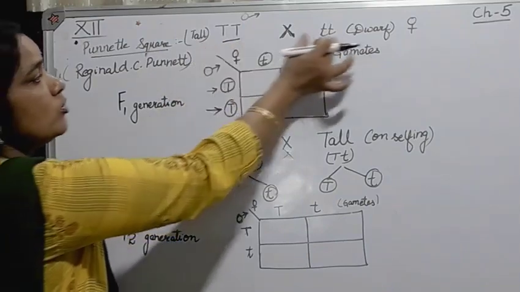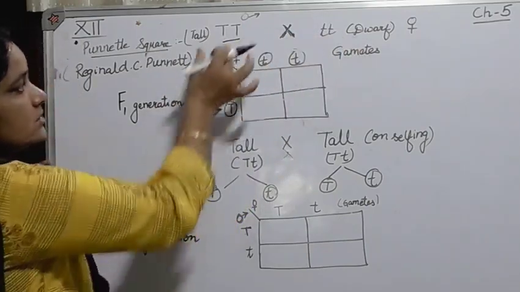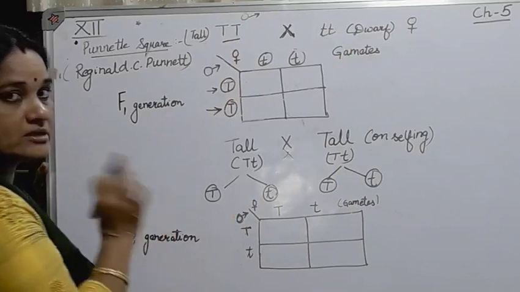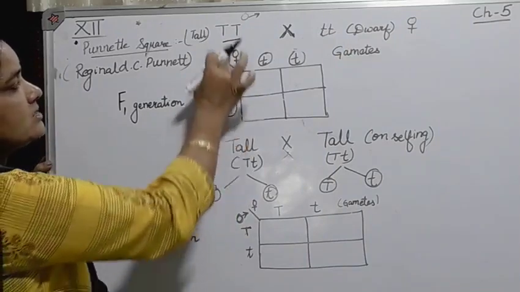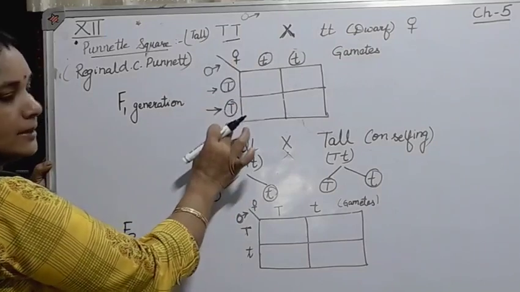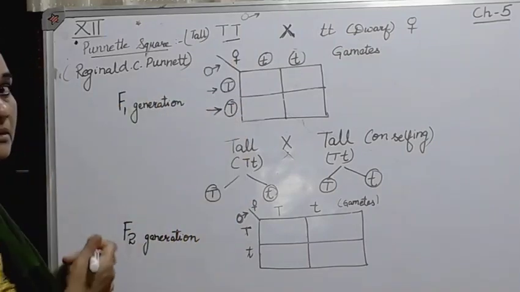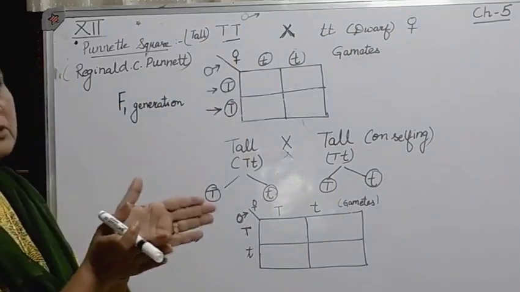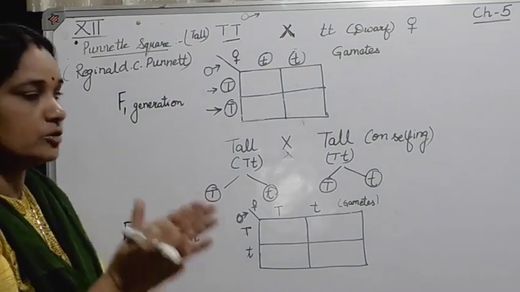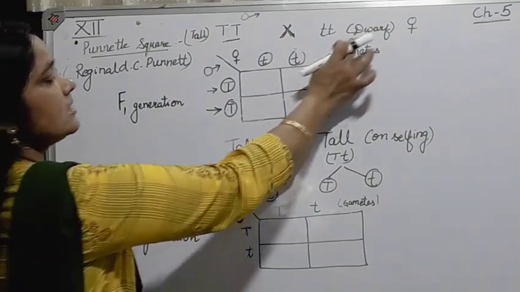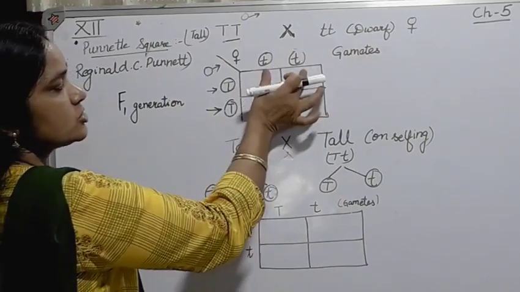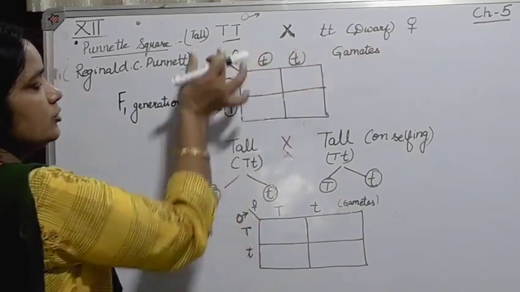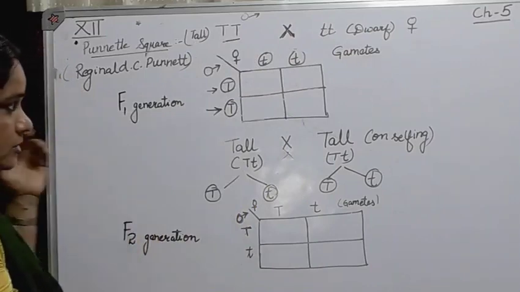They both are homozygous in condition. So capital T and capital T are homozygous, not heterozygous. The same kind of alleles are present. So the two gametes produced from this will be capital T and capital T. That is, there will be segregation of the characteristic during the meiotic division. Similarly, in the case of the dwarf plant also, there will be segregation of small t and small t, that is, two gametes are produced from here and two gametes are produced from the tall plant.